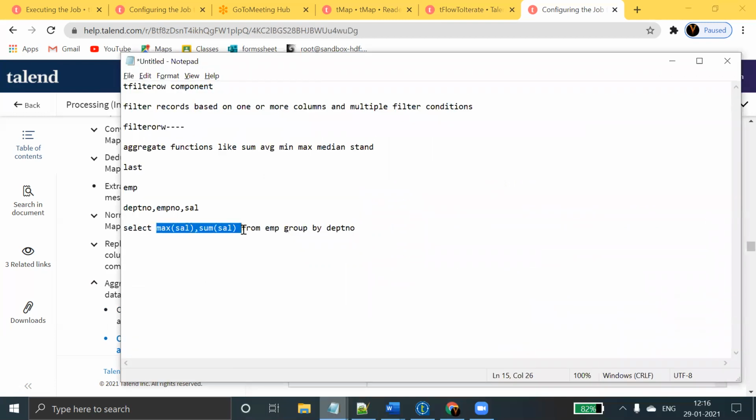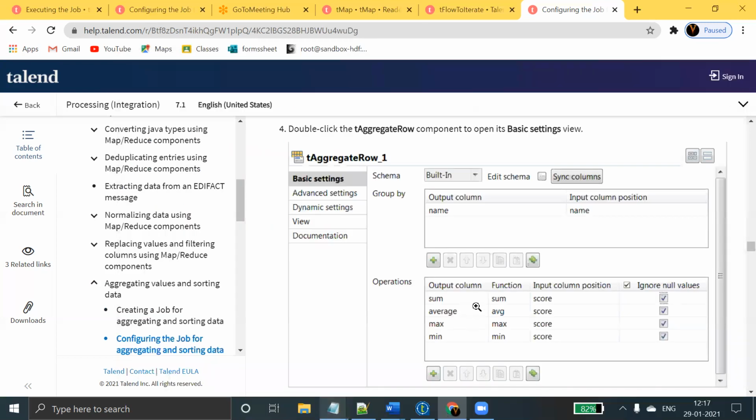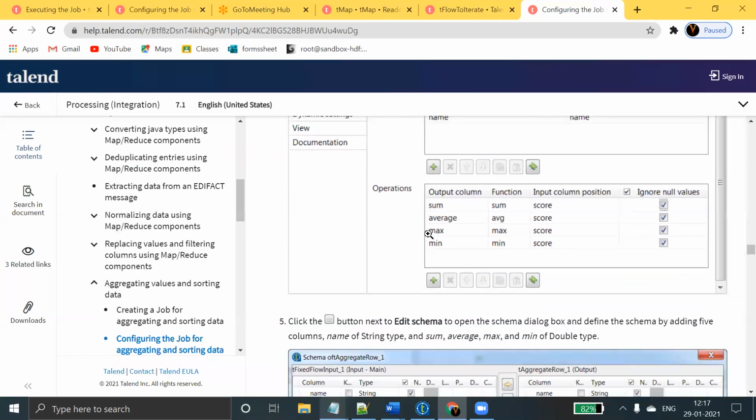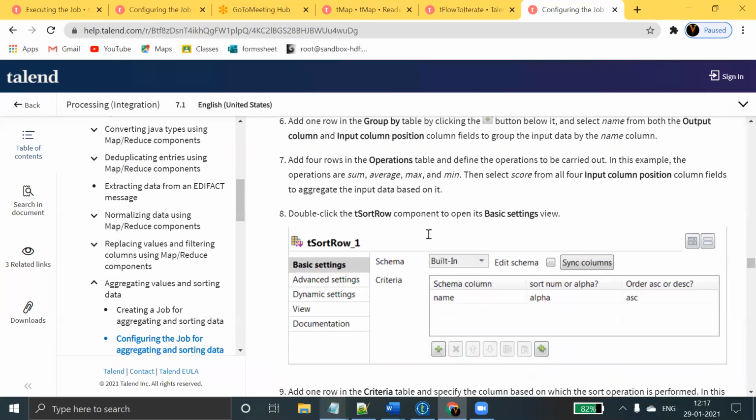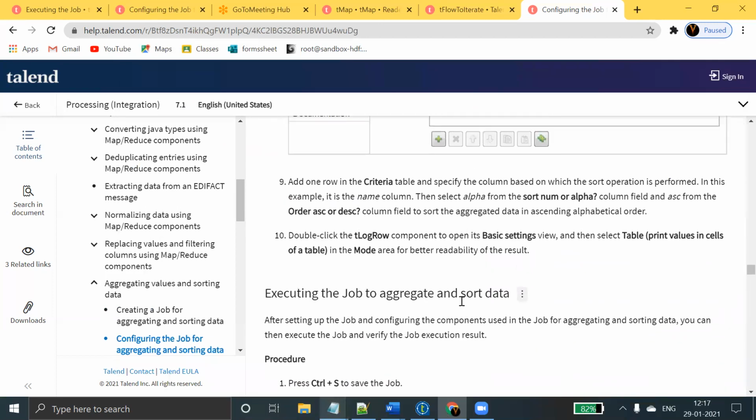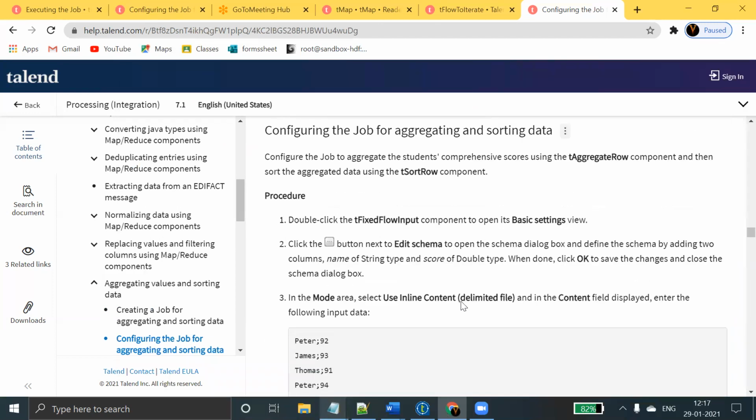Instead of writing it, you can directly select the operation column, then the functions you can use. The remaining things will be taken care of by the tAggregateRow component. Then tSortRow is just doing sorting based on the name. This is one example we'll cover in this slide.